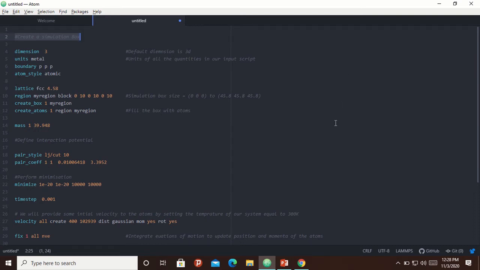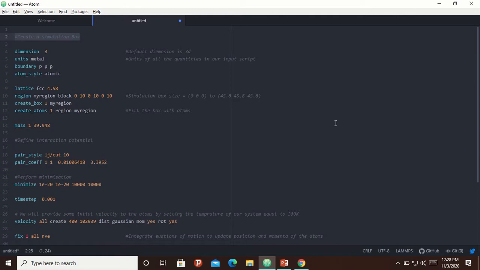So today we will see how we can write an input script for LAMMPS. To write the input script for LAMMPS, I will be using the example of argon gas. So before writing the input script for